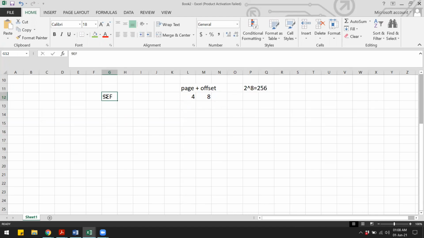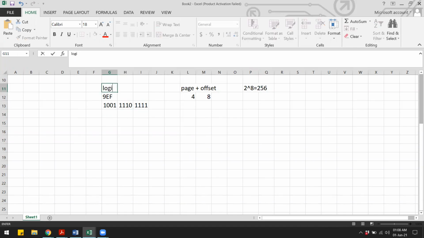So we are given this address, and if we convert that into binary, then for 9 we will get 1001. E is 14, so that will be 1110, and F is 15, so that is 1111. So the last 8 bits is the offset. So this part will remain the same in the physical address.